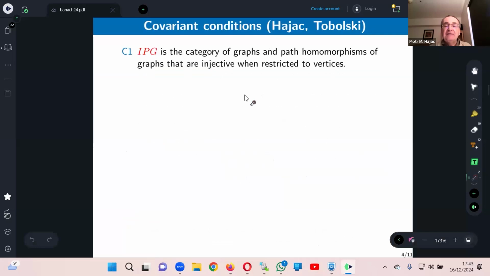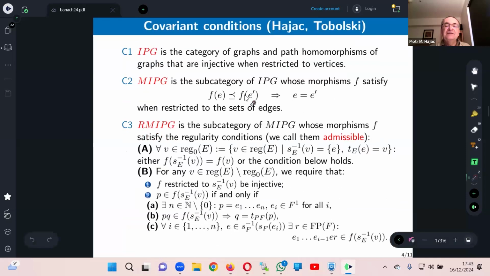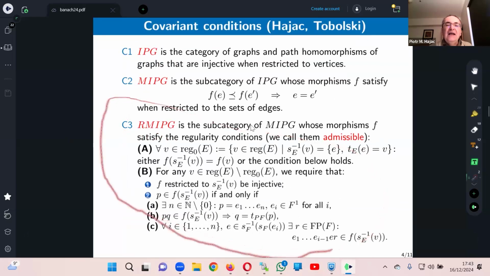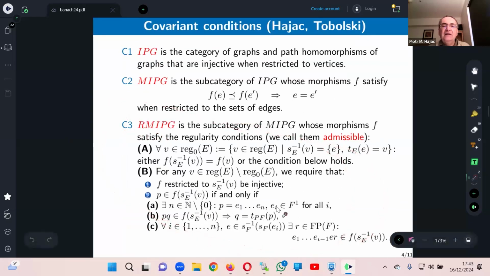Now, how about covariant conditions as were developed by Mariusz Tobolski and myself? Again, there are three conditions. And here, the most important one is the third condition. Because it will play a role in what I'm about to say, let me be a bit more specific. But this is a very complicated condition, difficult to parse. The way it is presented here, it looks like it was written for lawyers. Although, of course, if you want to rigorously prove anything, then that's the best way to do it. Then this is what comes really handy and is really useful.